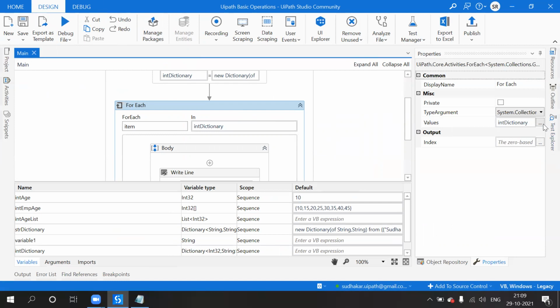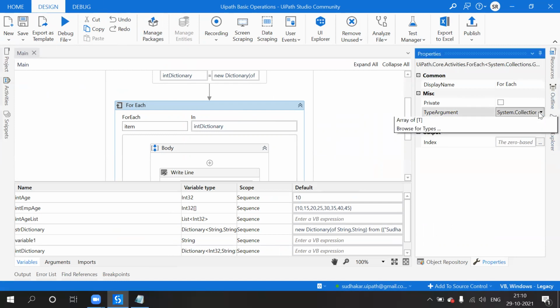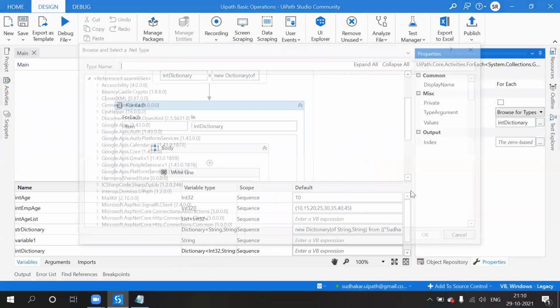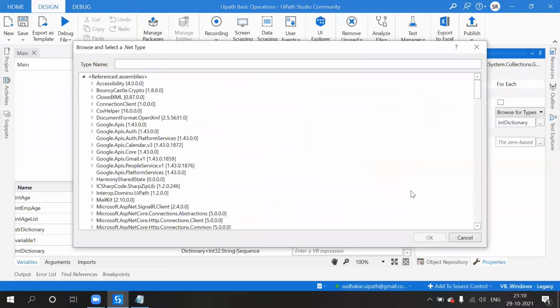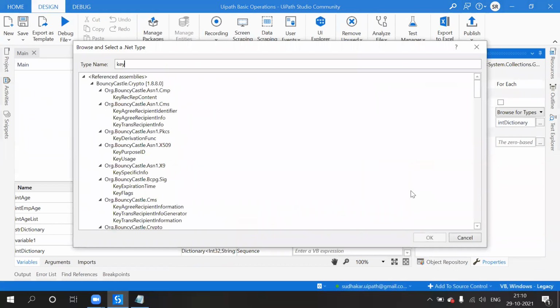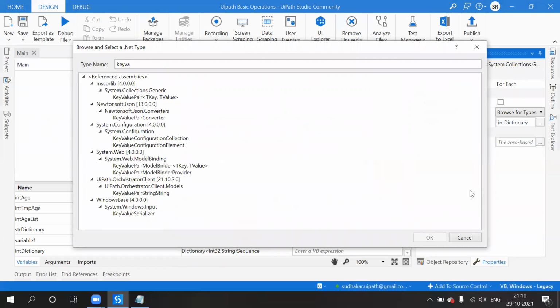So here go to type arguments, go to browser for type key value pair.